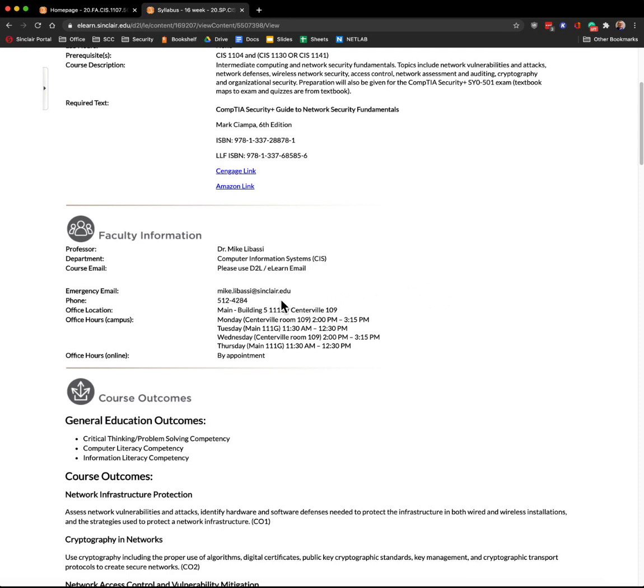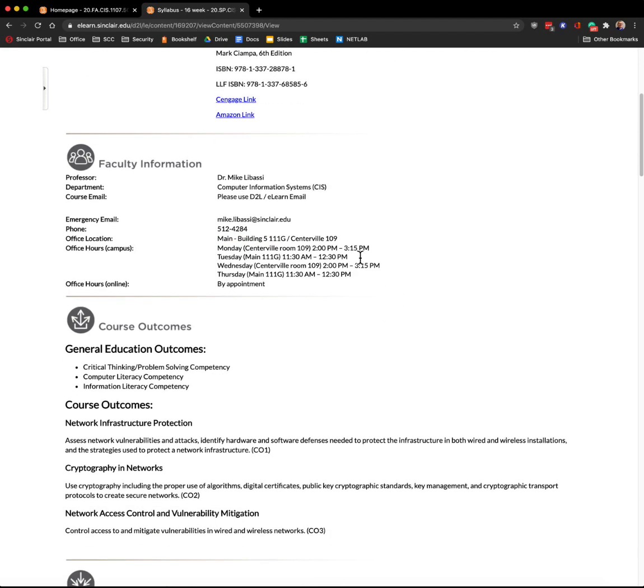Phone, not the best. I'm trying to get set up so that I could be sure to get my campus phone voicemails remotely, because I'm not on the main campus a lot. Depending on the semester, I could be either at Centerville, I could be at main campus, or I could be only remote. So look for office hours located here, information about how to get a hold of me and where I'll be, main campus office or Centerville office, or if it's online. It could be Zoom, it could be some other online meeting app. So information will be listed here about dates and times.